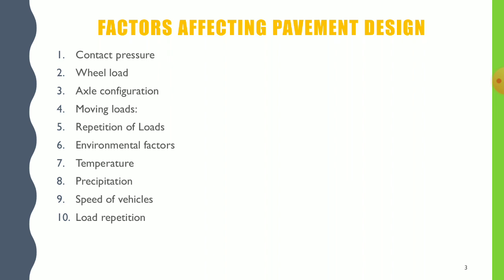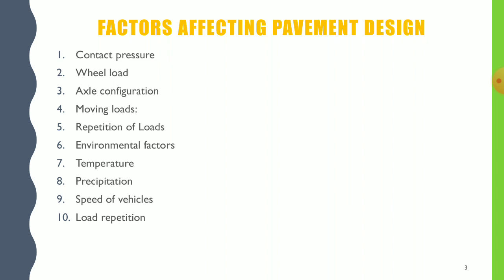In both the cases, the environmental changes, when the nature changes, the pavement characteristics also change. It becomes slippery, it becomes low speed roads, it becomes very dangerous. So environmental factors that affect are of two types, temperature and precipitation. Precipitation is synonymous with rain, we can say rainfall. So temperature and precipitation both affect the pavement structure.